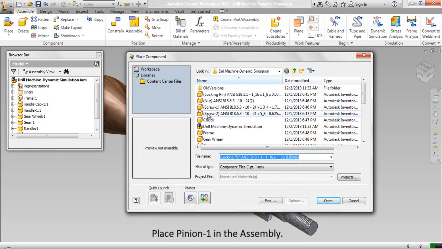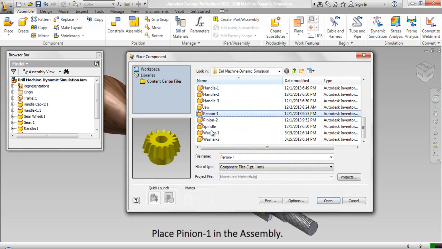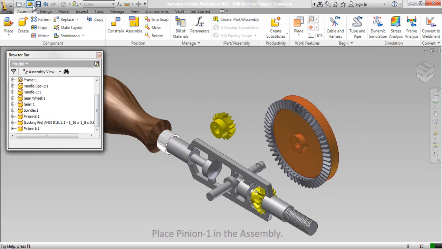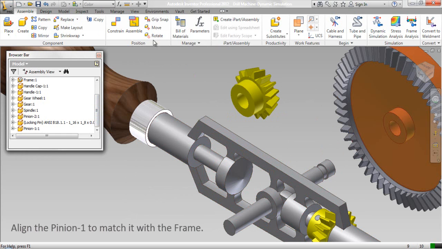Place pinion 1 in the assembly. Align the pinion 1 to match it with the frame.